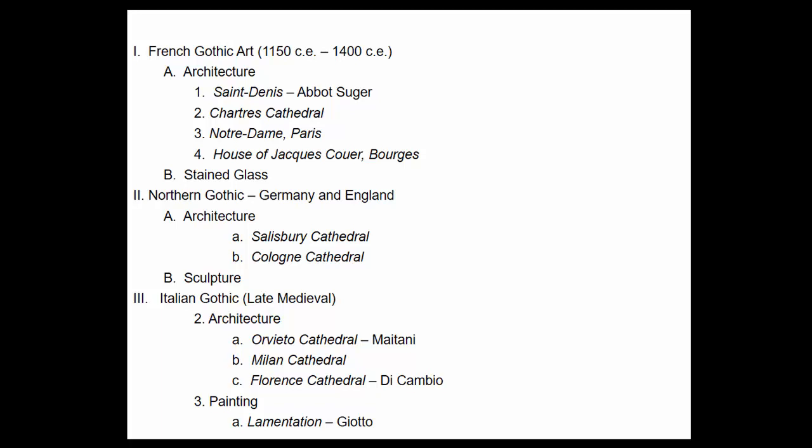Now, it's not always the case that we have an individual to point to and say, this is the progenitor, this is the leader. But in this case of the Gothic in France, there is one person who seems very instrumental, and that's a man by the name of Abbot Suger. Suger was a priest from a wealthier family, and he was named the abbot at Saint Denis, which was an old Romanesque church just at the edge of Paris.